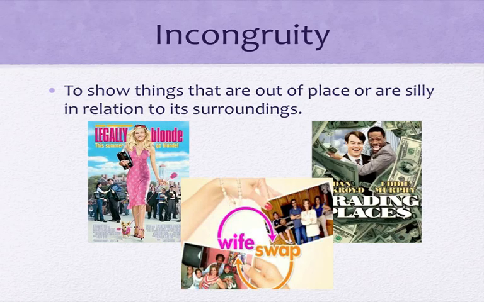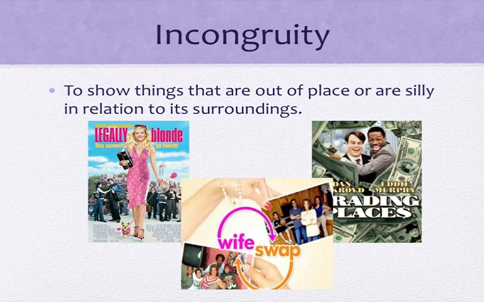So creating this very incongruous situation where, for example, you have one family that is vegan, they eat nothing animal based. Then you have another family that eats fast food every single meal or something. The producers would then say, okay, take these two mothers and switch them. Put the vegan mother in the fast food house, put the fast food mother in the vegan house, and let's see all the craziness that comes out. That is, on the level, incongruity. If the producers are then trying to be satirical and try to point out a fault in society or ask for a change, then we have incongruity leading to satire.